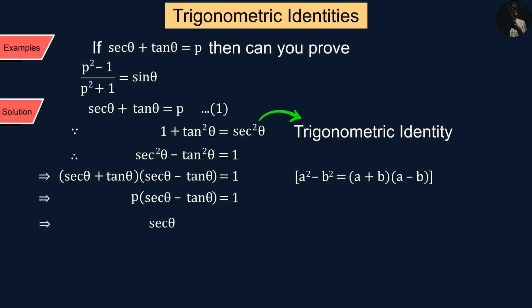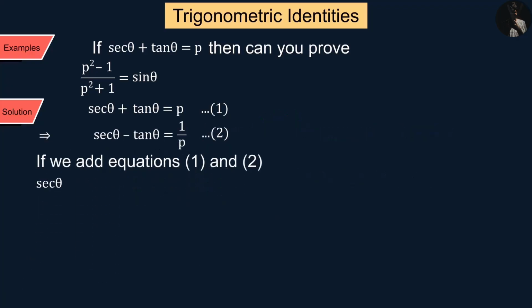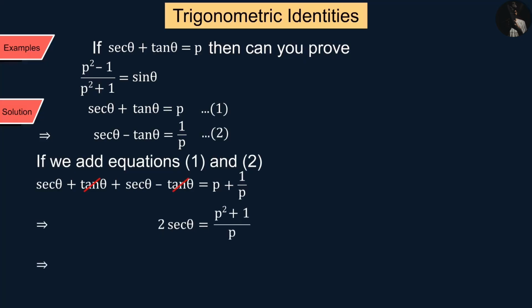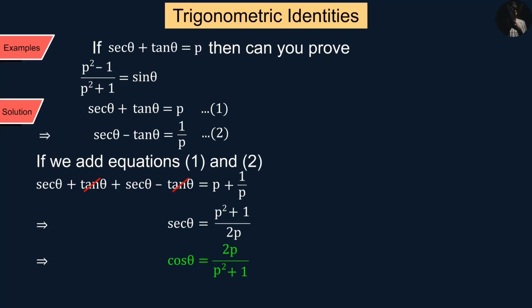We get sec theta minus tan theta is equal to 1 by p, which is represented by equation 2. Now, if we add equations 1 and 2, we get sec theta is equal to p square plus 1 upon 2p,